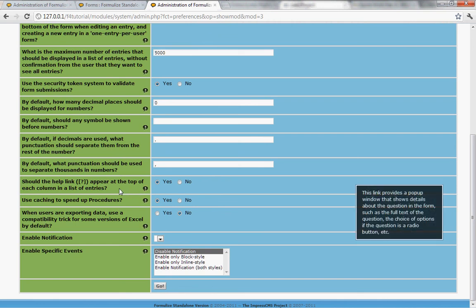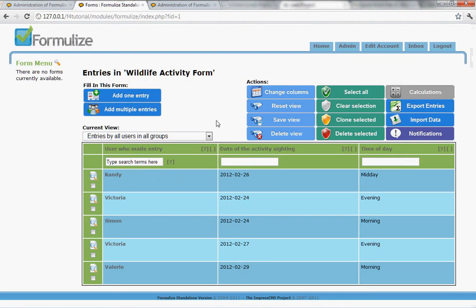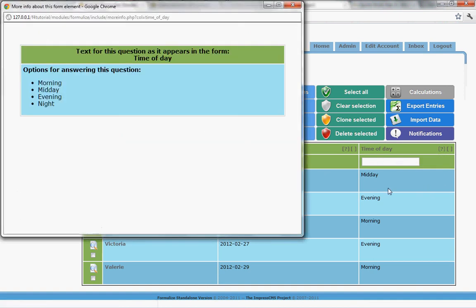Help link appear at the top of each column in the list of entries. Yes, normally there is this question mark link that gives more information about the column. It actually doesn't. It shows you a few different things. We might add more stuff to it later, but for example, if you click that, it tells you